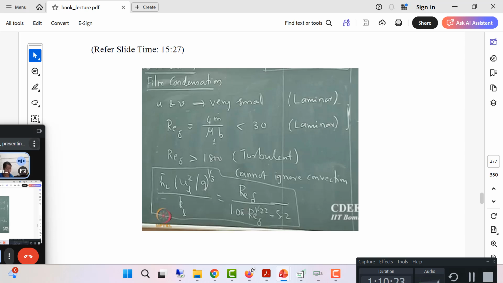So I'm writing the final equation: m dot into HFG divided by pi dl delta T is equal to RE, 1.08 RE to the power 1 by 2, 1.22 minus 5.2, into KL divided by U square by G to the power 1 by 3. Alright,